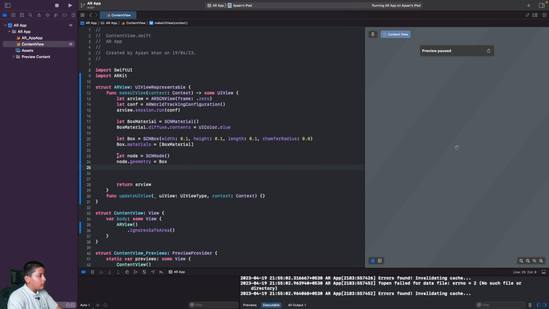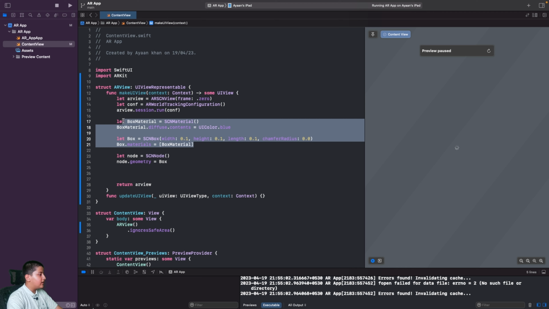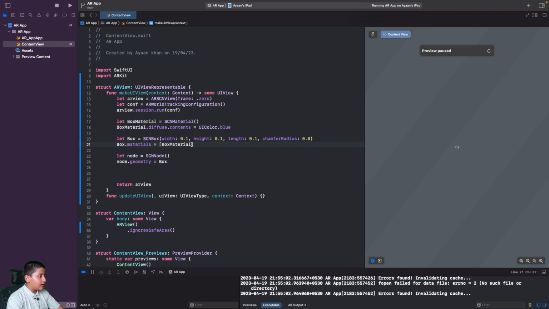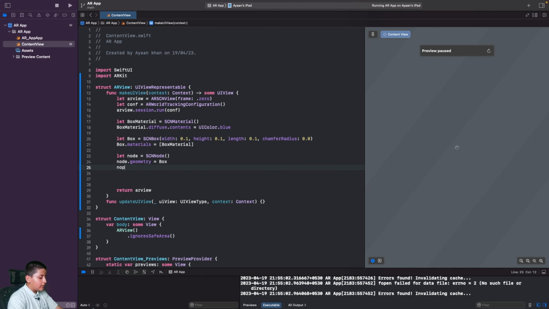Okay, so we are just creating a node and we are assigning the box to it. As you can see, we haven't defined where our box should be. We haven't defined a position. We have just defined the width, height, and the color of the box. So to do that, we'll type node